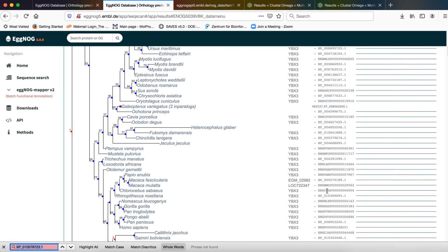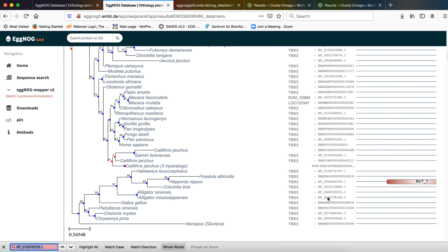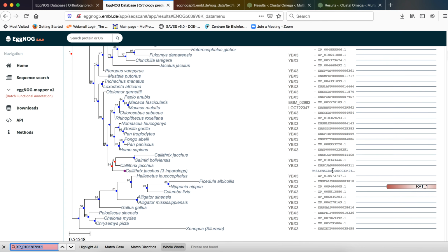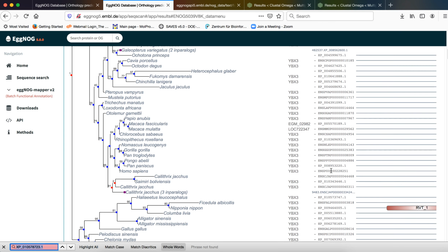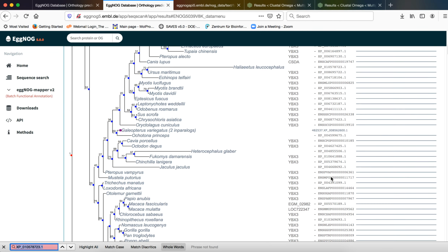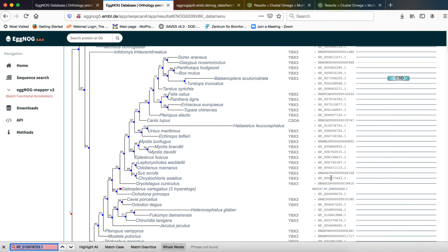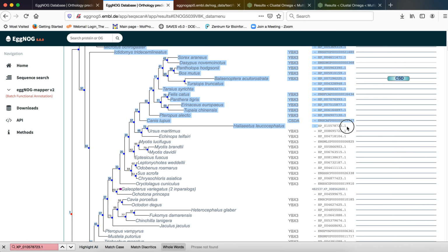It is XP0105, so let us go down further. Let us see if we can find the specific sequence pertaining to this. Here, see, we have been able to locate the nomenclature sequence here.